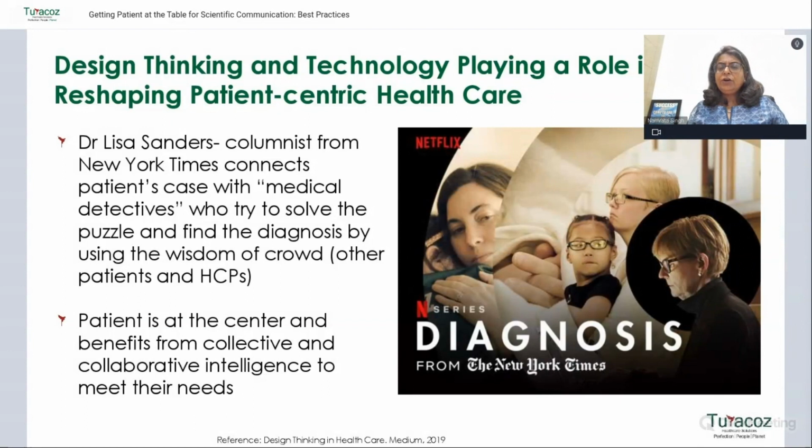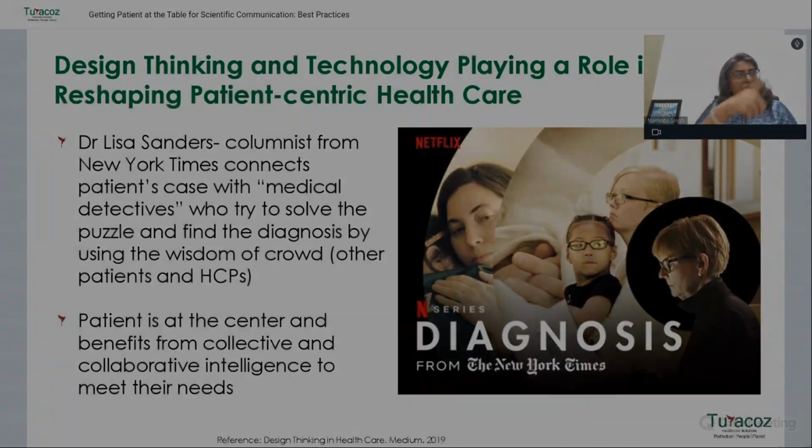Now, we're talking of something where the patient might be having excruciating pain or is not able to sleep. The one which I saw was a 20-year-old girl who had myopathy, and she had extreme pain, and she was a very athletic person. Because of that pain, she was not able to do what she wanted to do. She was not able to go hiking, and the doctors were not able to diagnose her.